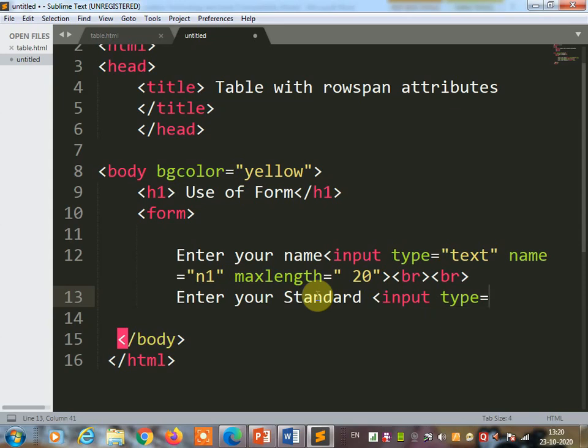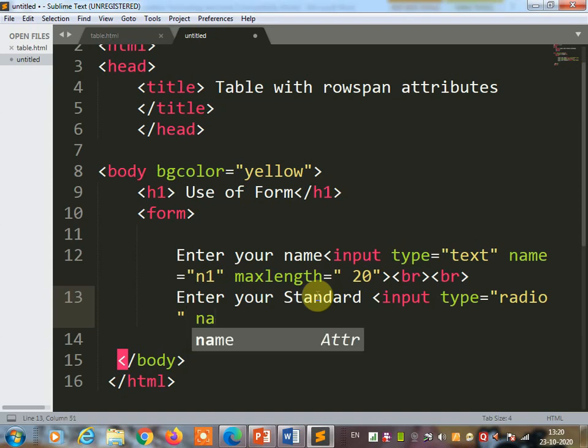I want the input type radio button, because for standard you are going to select only one, not more than one. So for radio button selection, only one selection is allowed, so for the name you can give radio button 1, so r1 you can give.